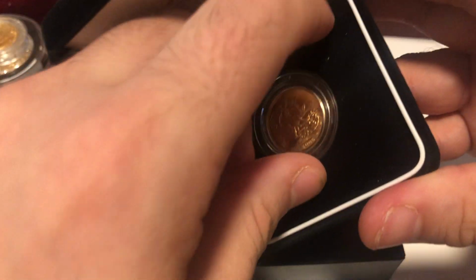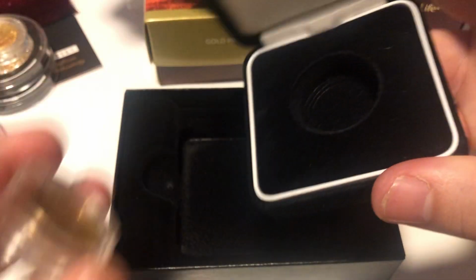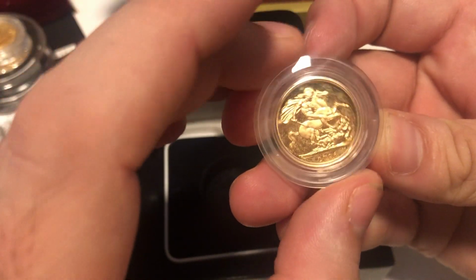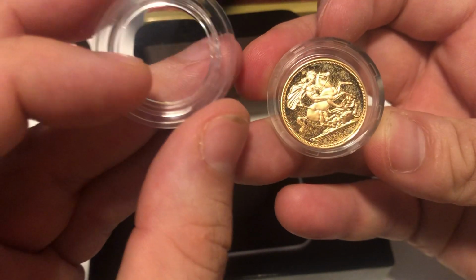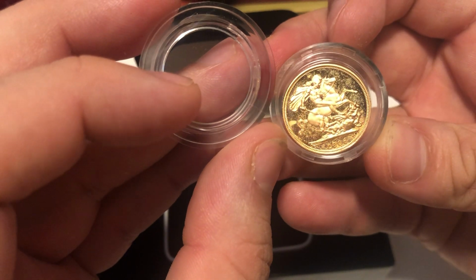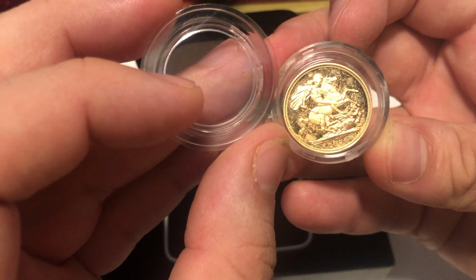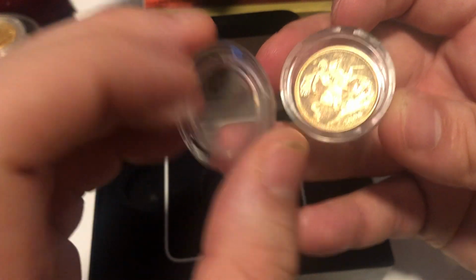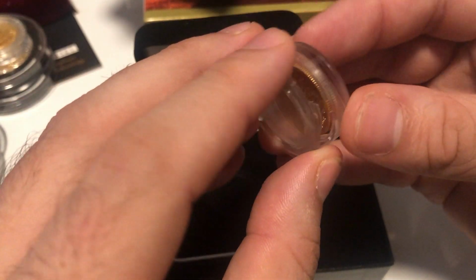Oh, maybe this was the comedy issue. I got 2 problem coins. No, I guess this was one of the issues. Yeah, okay, it's this one. Again, that's fine. That's a real shame. 2004 is very solvable. This one,